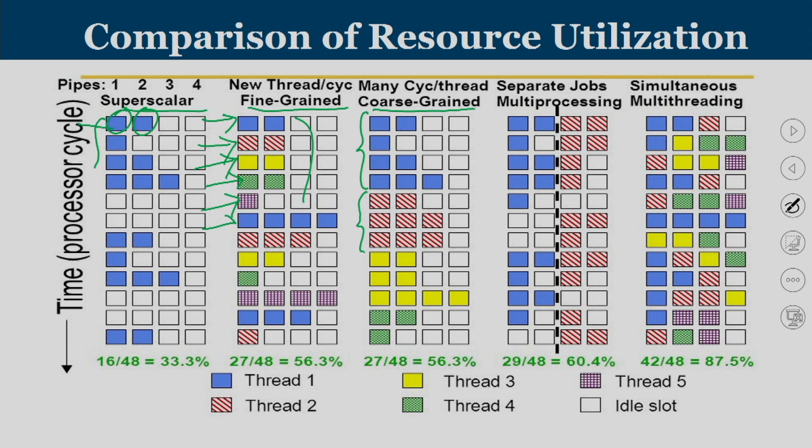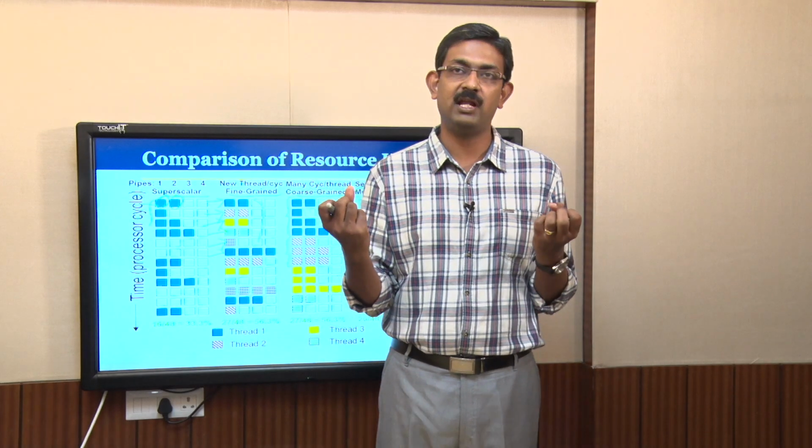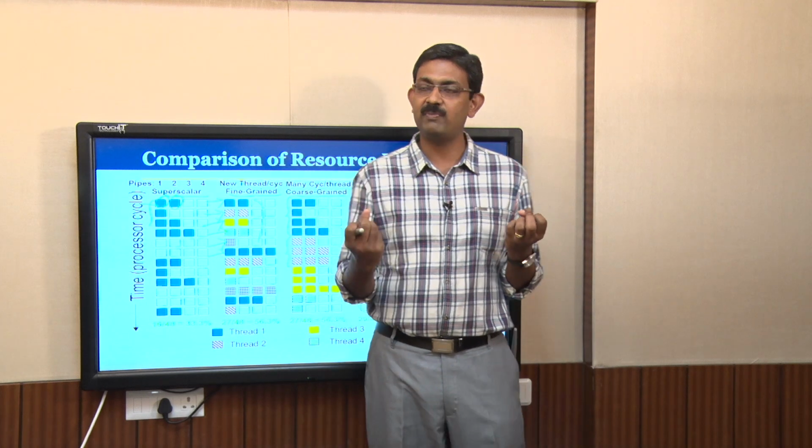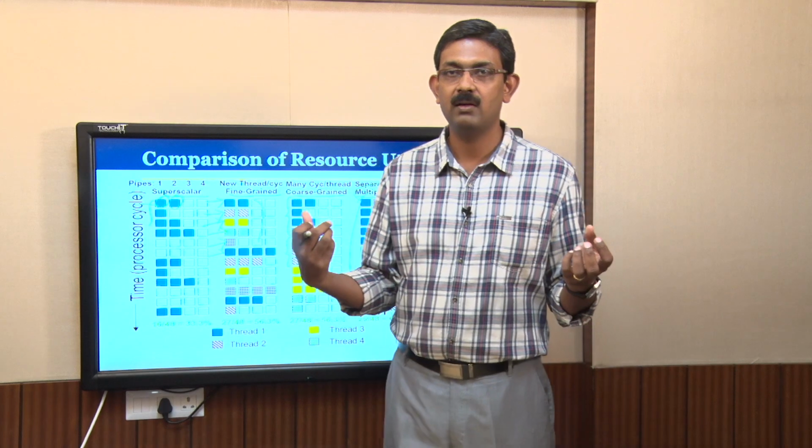Now, when you come to multi-processing, that means you have 2 processors. Let us say one processor has 2 functional units. So, you have a blue program that is running in one of the processors, and you have another red program that is running in another processor. This is basically the concept of dual cores, where you have 2 independent sets of pipelines. Both are capable of fetching, decoding and execution. One will take care of my blue program, other will take care of my red program.